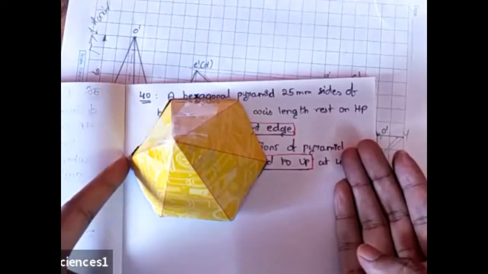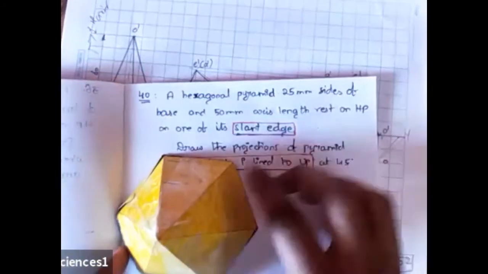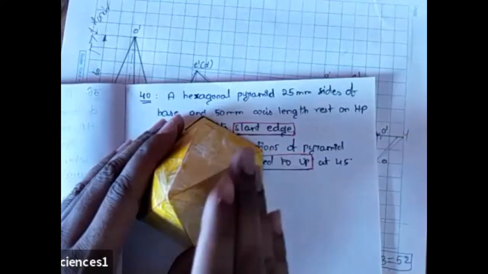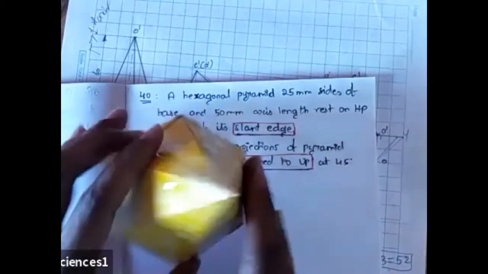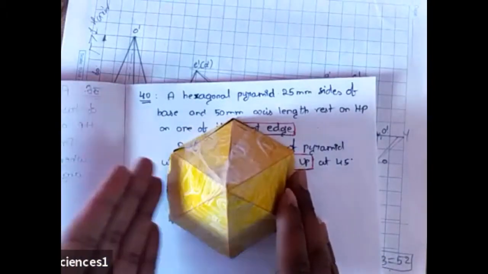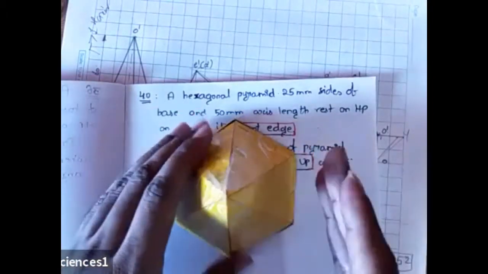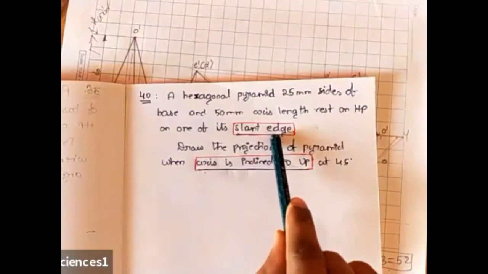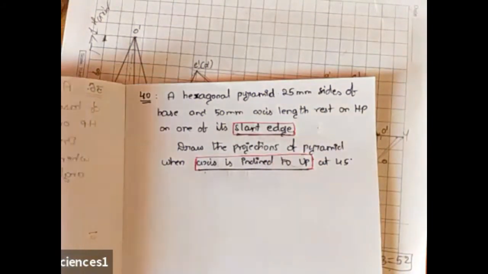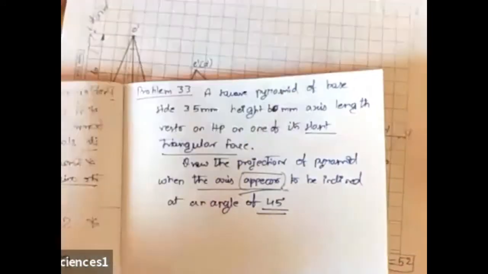It is corner resting. Imagine in this problem if you had been given a slant triangular face. This is your triangular face. The slant triangular face has to come on HP. Which resting should it be? It should be edge resting. Based on the second condition, slant edge or slant face, you will be deciding the first condition for this problem.